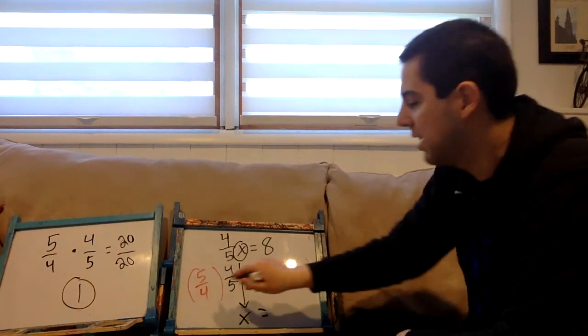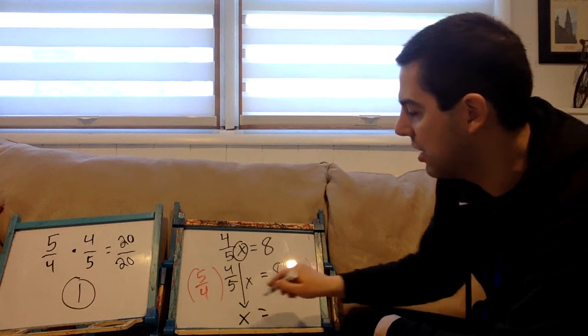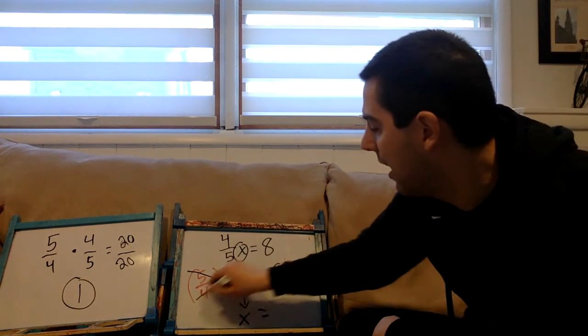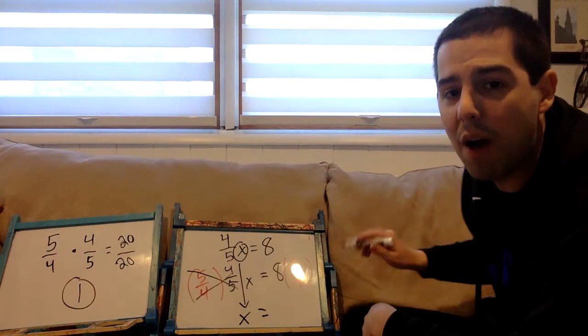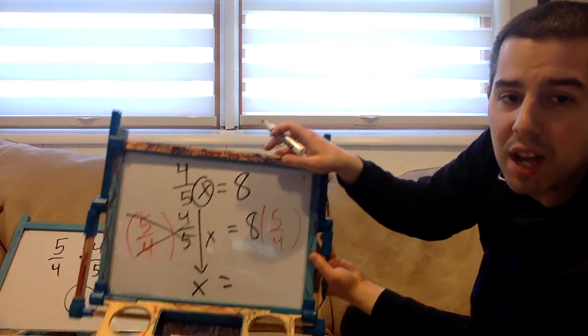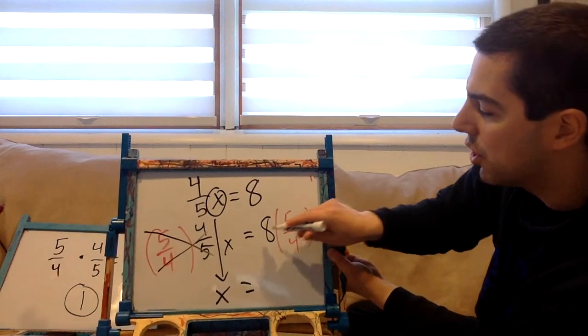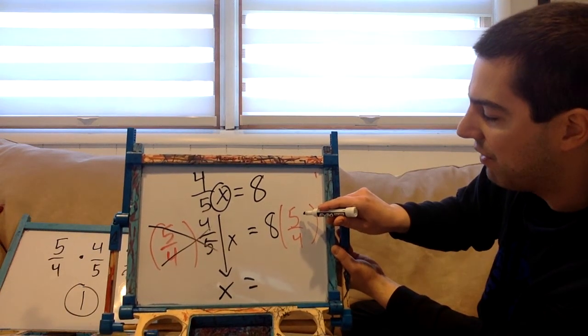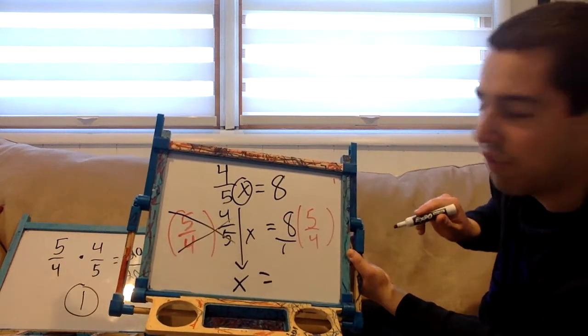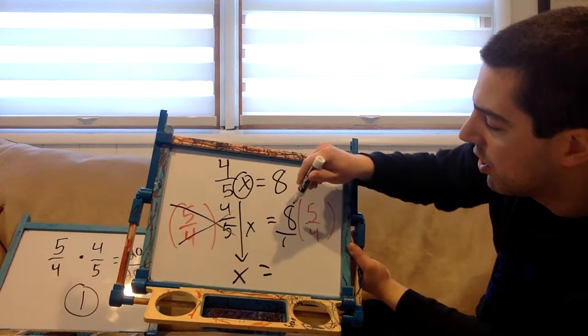So since I have 1x, that's just x. There's my isolating the variable. Okay, that's how I isolated the variable. Now I'm balancing the equation by doing the 5/4 on the other side as well. So 8 times 5 is 40. And if I want to make this whole number into a fraction, I could just put it over 1. So I have